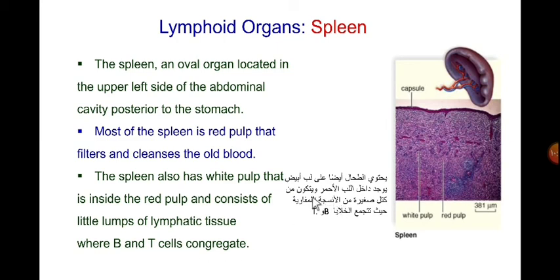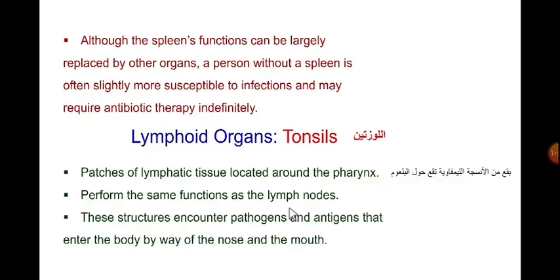بيحتوي الطحال أيضا على لب أبيض يوجد داخل اللب الأحمر، بتكون كتل صغيرة من الأنسجة الليمفاوية بتتجمع فيه الخلايا التي والبي cells. Although the spleen function can be largely replaced by other organs, a person without a spleen is often slightly more susceptible to infections and may